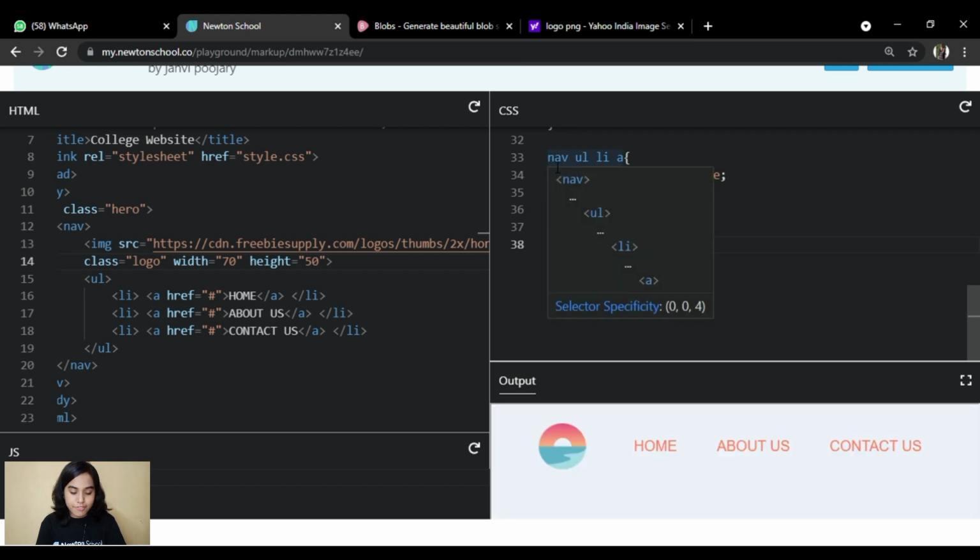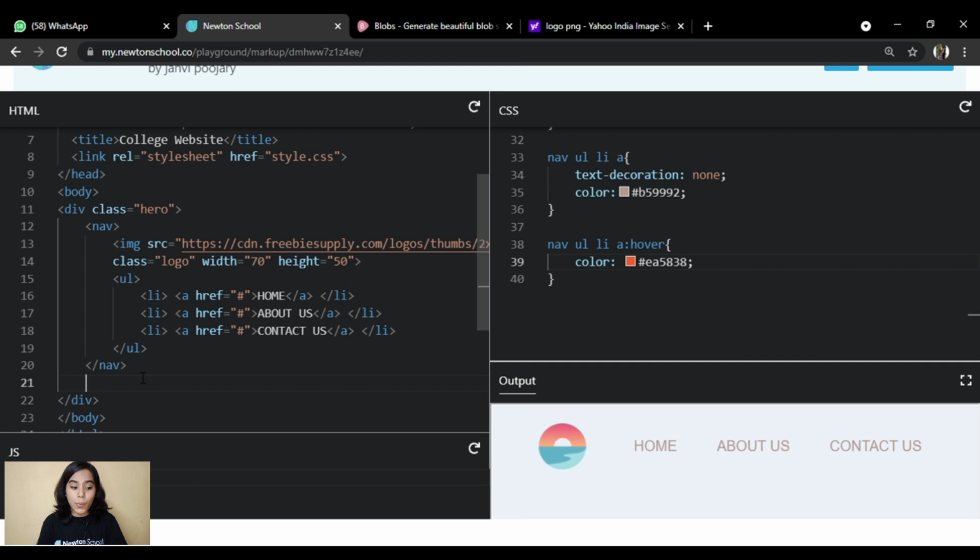The color should be different, so the original color should be a little grayish. Whenever somebody hovers over it, it should look different.